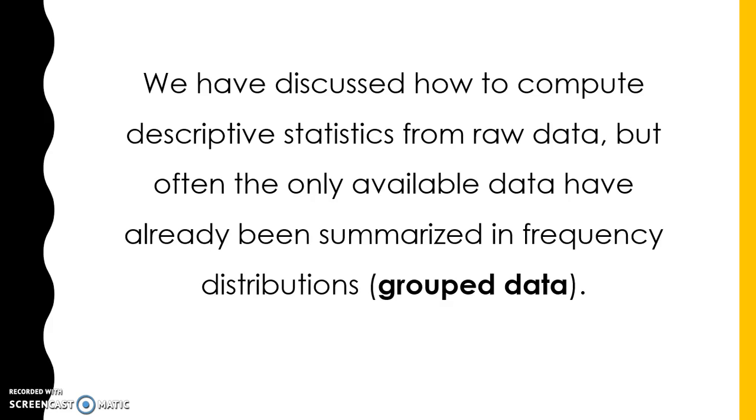So far we've discussed how to compute descriptive statistics. What we mean by descriptive statistics is mean, median, mode, range, standard deviation, variance, all those things from raw data. But sometimes the only thing we have is data that's already been summarized into frequency distributions, which is what we call group data. If you think back to the Old Faithful example, we had classes like 670 to 679 and then the frequency of the number of observations that occurred between those time frames. Sometimes that's all we're given because we have such a large amount of data that that's all we can work with.